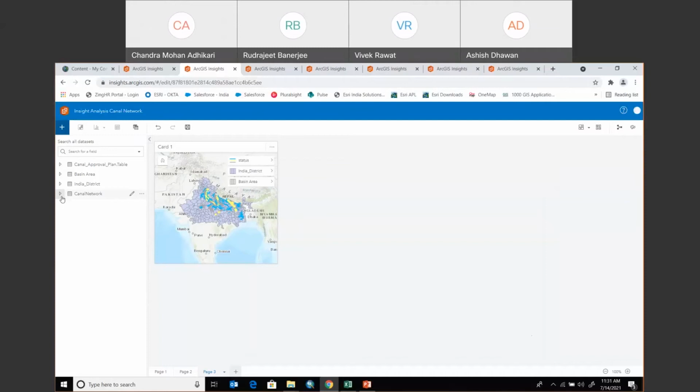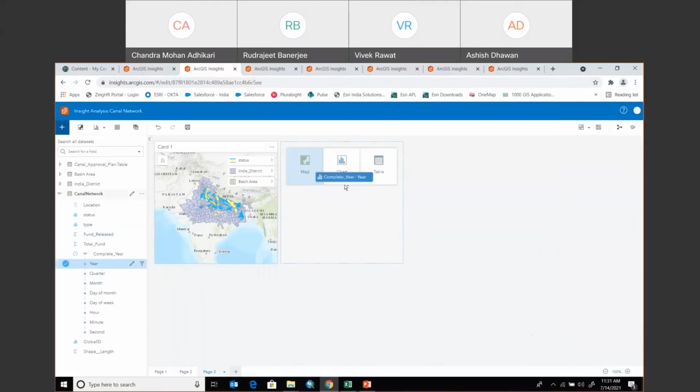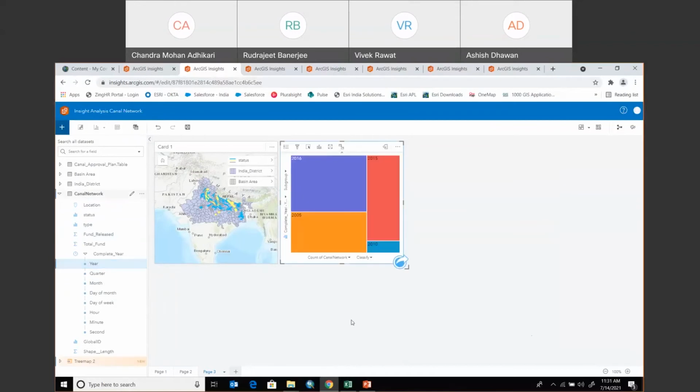Now, my problem statement goes, I want to see the year-wise canal progress which has happened. So let's take the component year, drag and go to the chart, and I want to get it analyzed on the basis of a tree map. This tree map is showing me the magnitude or the number of canal projects which have been carried out in these years. So these are the canals which you can see, which have been filtered out in my map,